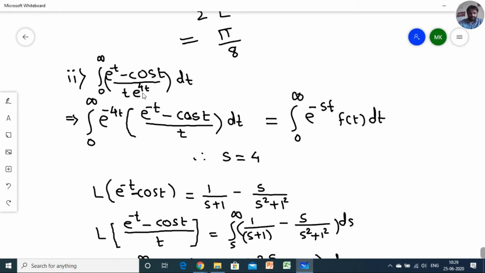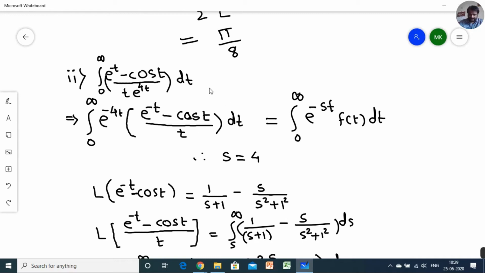So for our first motive and our first application, you have to just shift that exponential to the top, in the numerator part. So I just switch this part e raised to 4t, so that part comes as e raised to minus 4t, and the bracket is kept as it is.